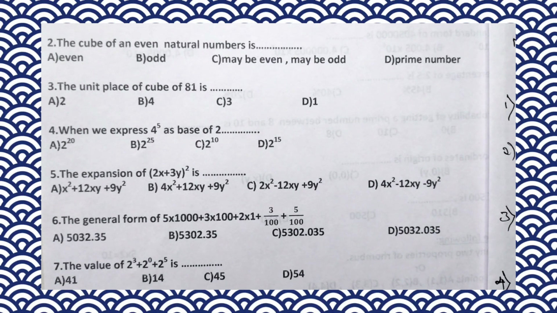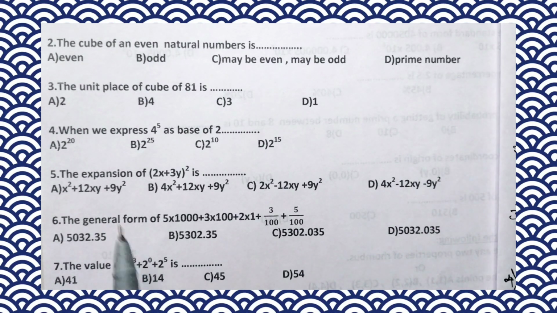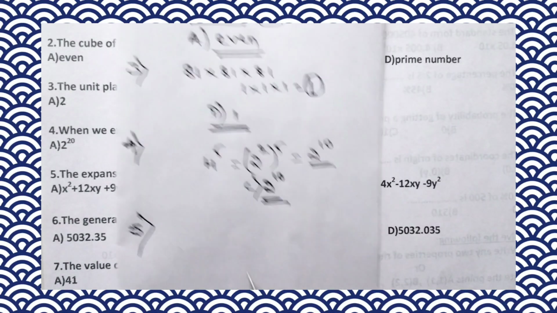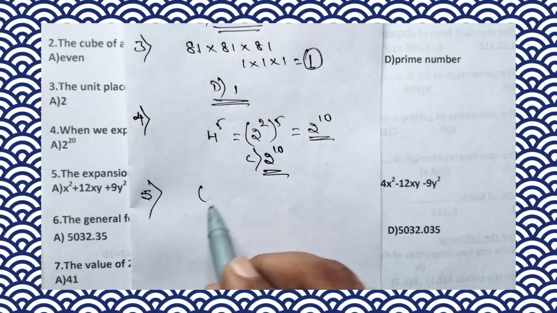So the next question is fifth one. The expansion of 2x plus 3y whole to the power of 2 is dash. So 2x plus 3y